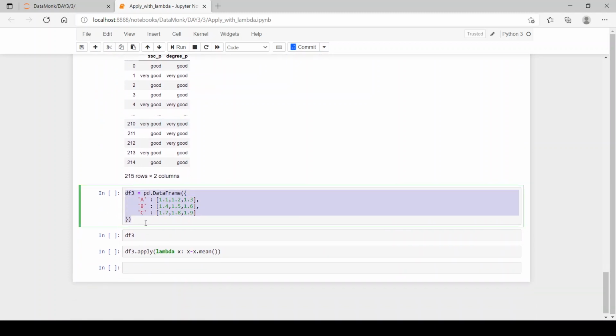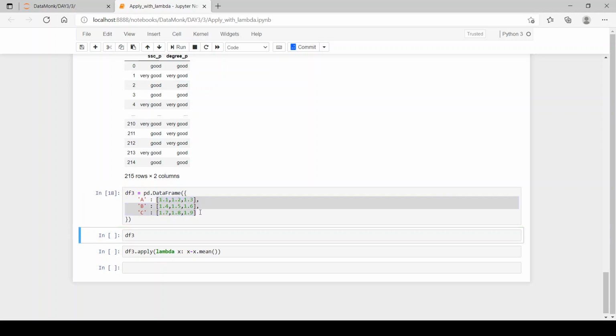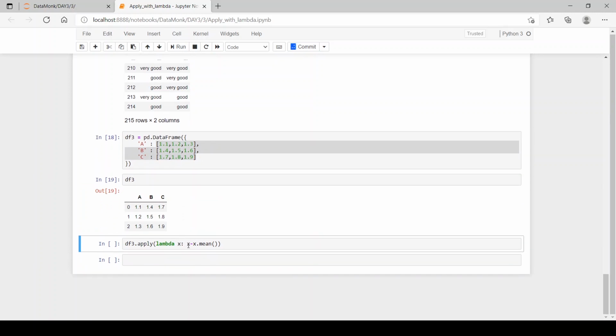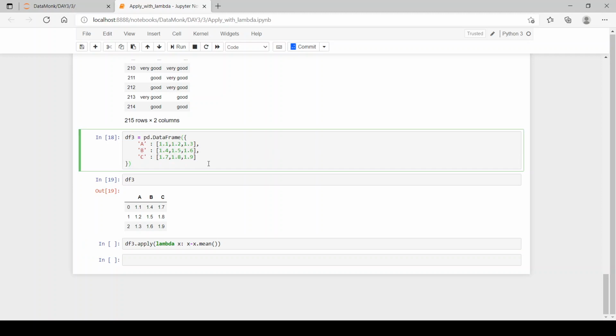Now let's create another data frame using pd.DataFrame. Now these are all float type values, and we perform a lambda function which returns a lambda function x that performs x minus x mean. So it will be performed column wise.